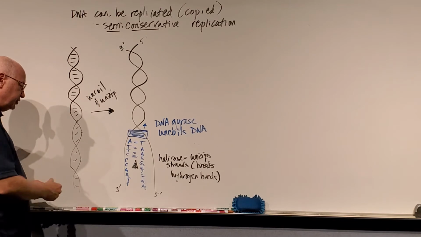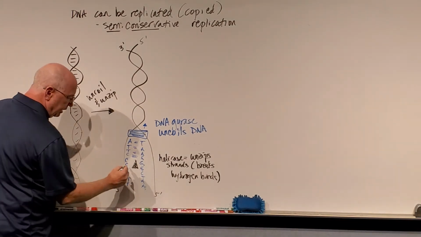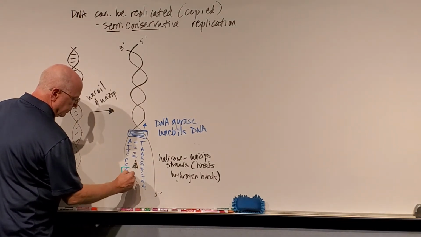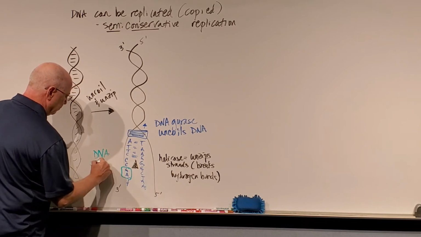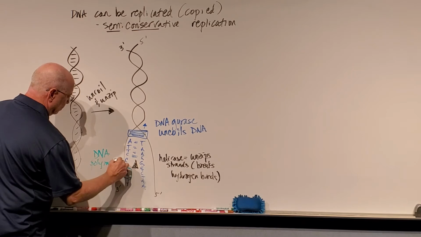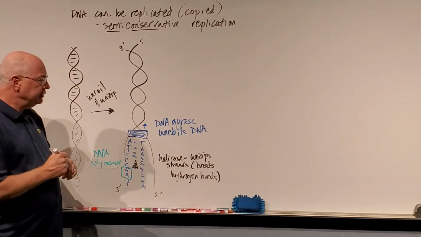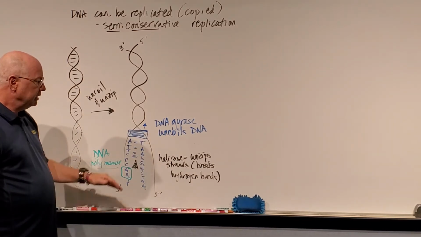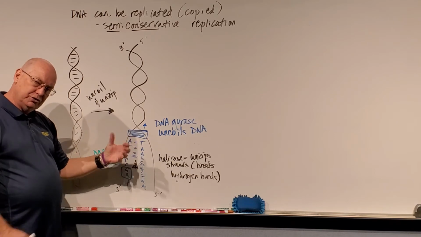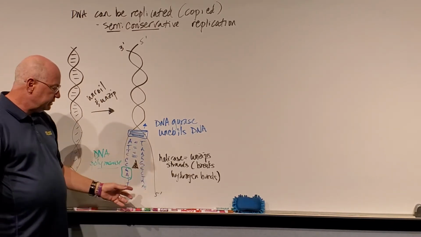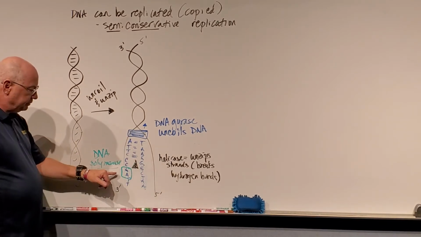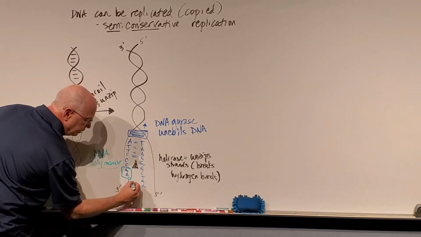And the reason I mention that is because there's an enzyme that's going behind all of this called DNA polymerase. Now, very often you need to know the functions of these enzymes. Gyrase uncoils DNA, and helicase unzips it. And then DNA polymerase is coming in here, and everywhere it goes, it's going to add in